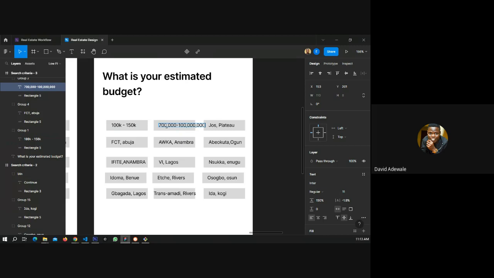Why don't you use 700K to 1M? No, that's too much. 700K to 800K. You can't just jump from less than 400. I love that. Catherine, you can't just have 700 to 100 million.